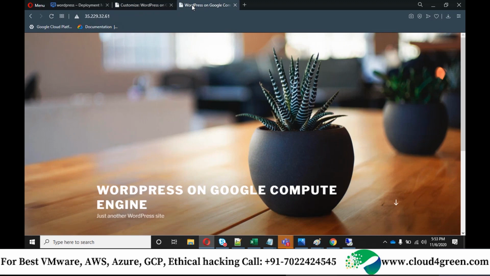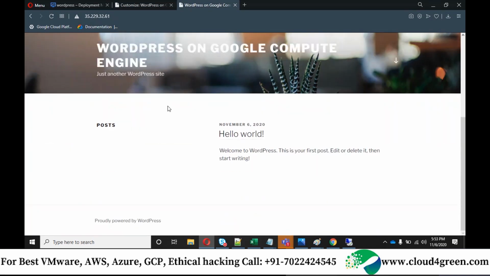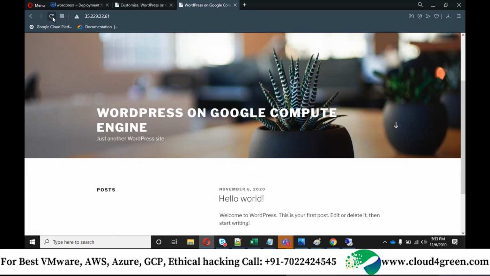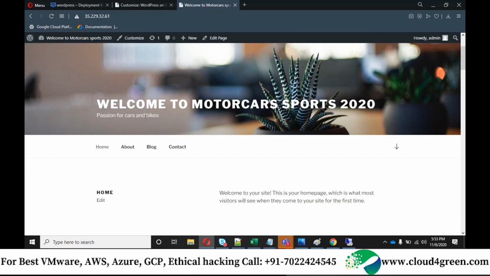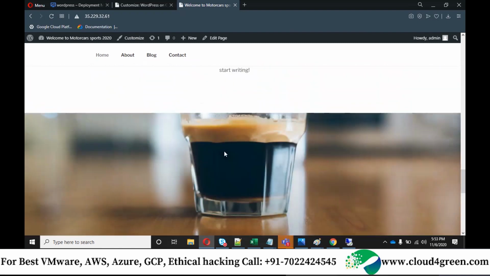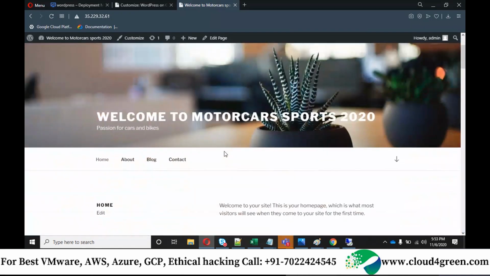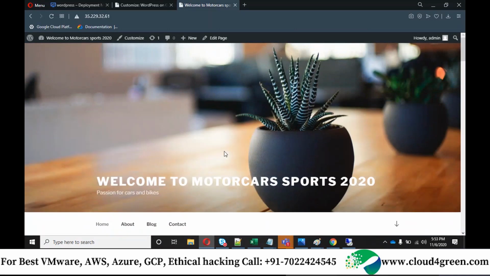And when I come back to this page, as of now it's showing WordPress on Google Compute Engine, right? So now if I refresh, you see welcome to motorsports, and it's showing the content.